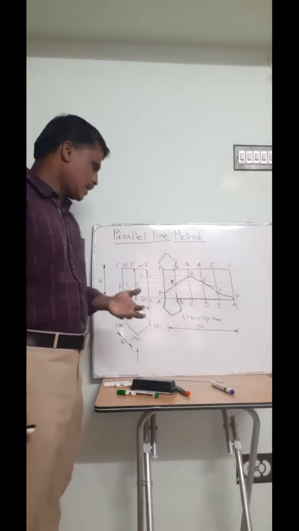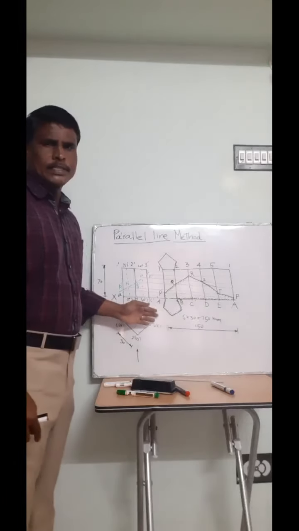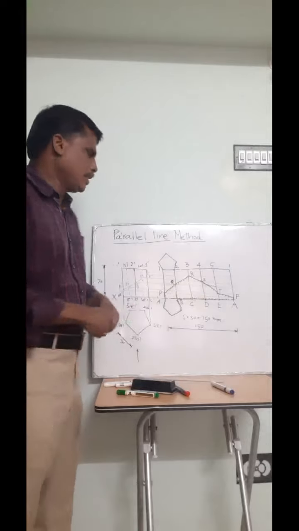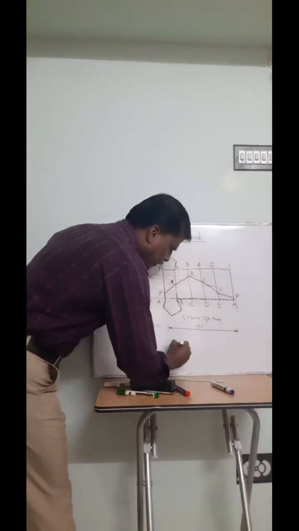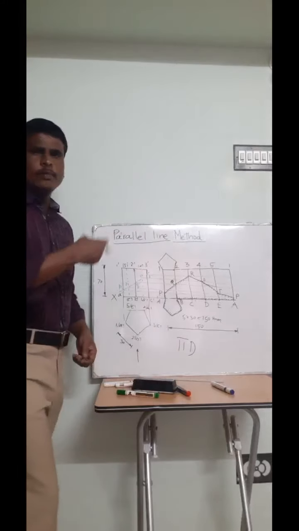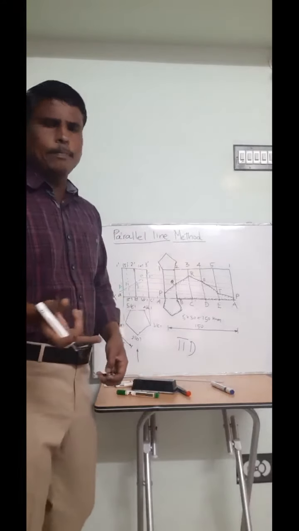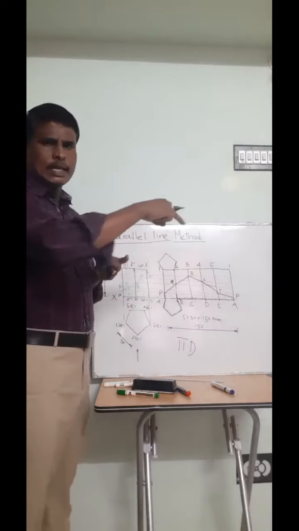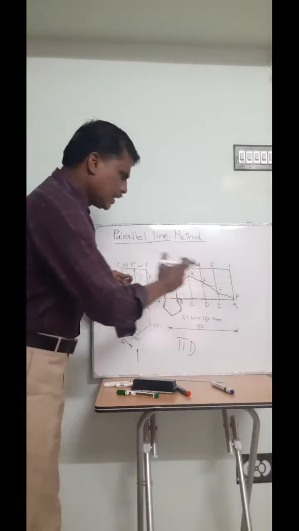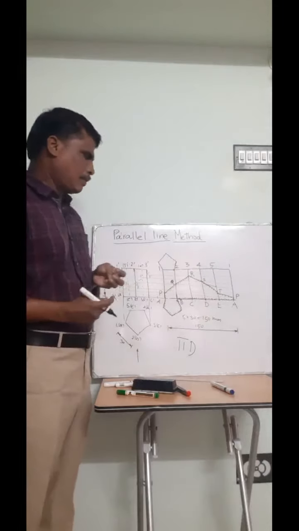You cannot define it because there are no proper edges in the cylinder. Therefore, the length of the development of a cylinder will be equal to pi d. The diameter of the cylinder will be given, so multiplying it by pi, you will get the circumference of the base circle. That is your length of the development.